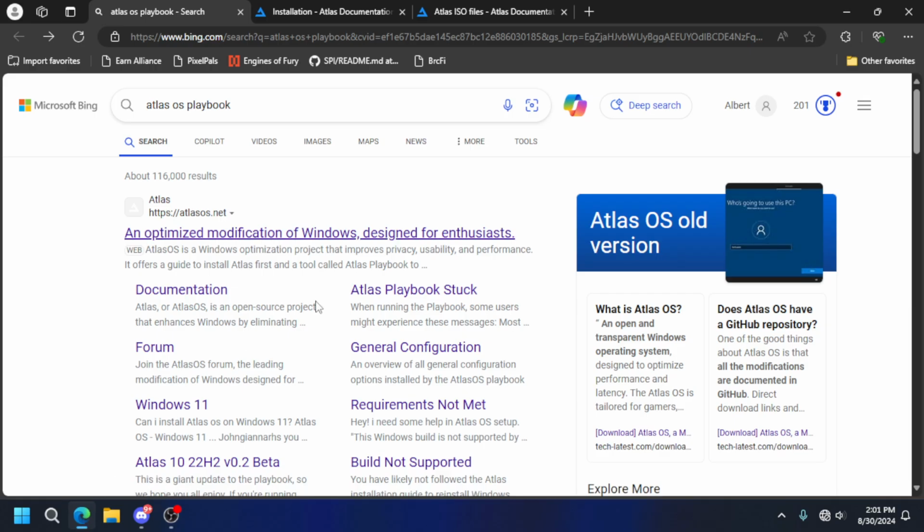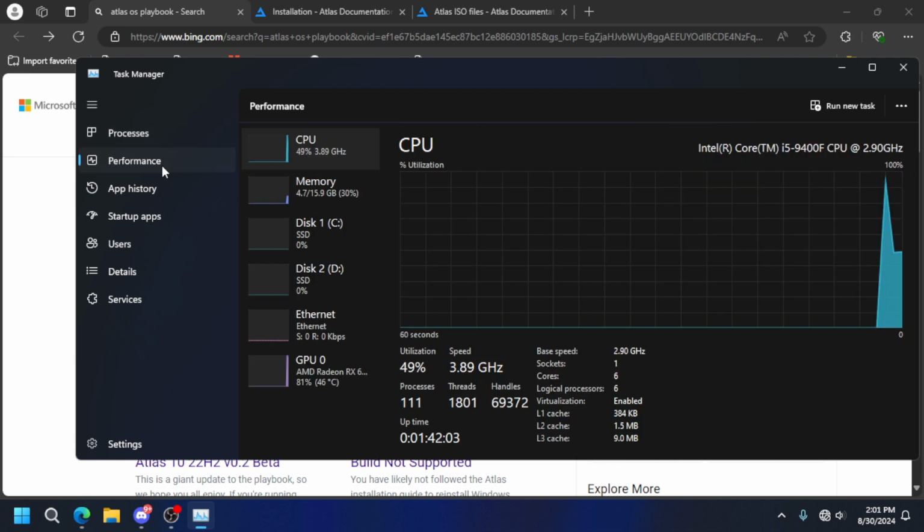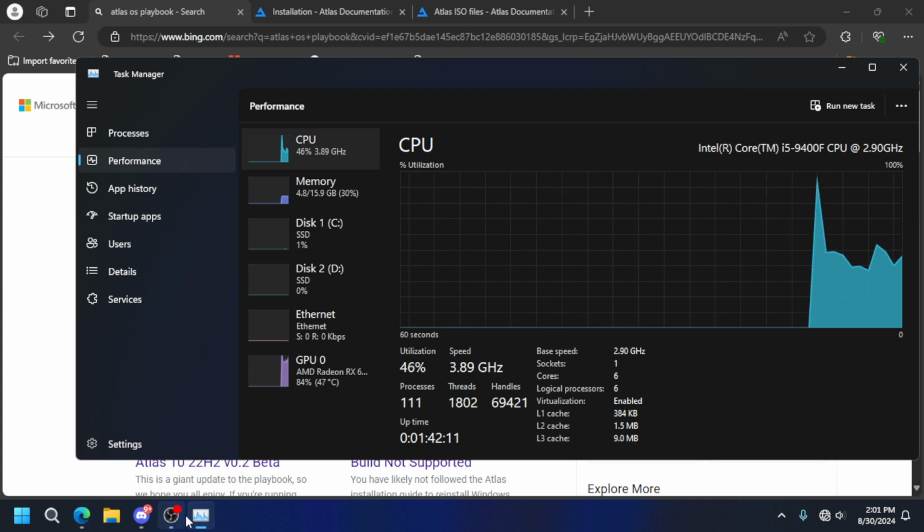For those who want a faster PC without upgrading your hardware, you can try this and optimize modifications on Windows designed for enthusiasts. I have already done it, and if I click on my Task Manager and click on Performance, you can see my threads here. While I'm opening Discord, OBS to record, and this browser right here, my threads are